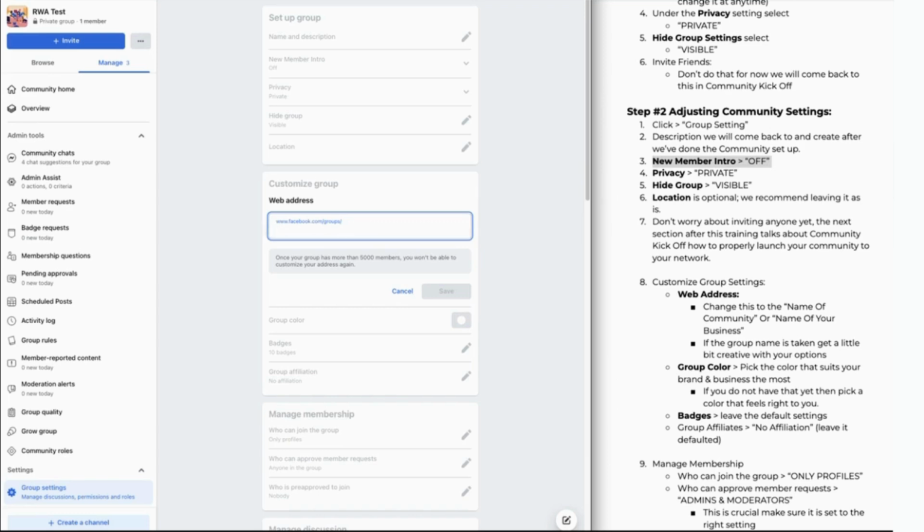And the best way to do this, as you can see here in the guide, you want to just put the name of your community or the name of your business. Now, if I was doing this for RWA, okay, so let's make sure that we circle this so you know. So this is the web address. So if I was doing this for RWA, what I would do here is I would put Remote Wellness Academy. I can do that. Or I could call this RWA